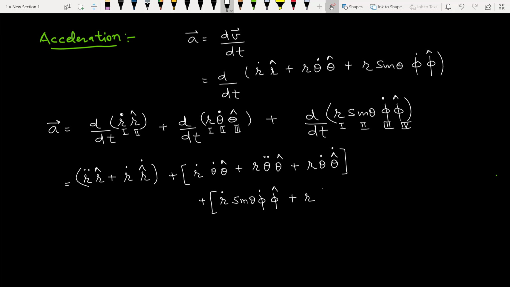First as such, derivative of second. Derivative of sin theta is cos theta theta dot. Third and fourth terms as such. First, second term as such, derivative of third term, it is phi dot, now it becomes phi double dot, phi cap, r sin theta phi dot, phi cap dot.